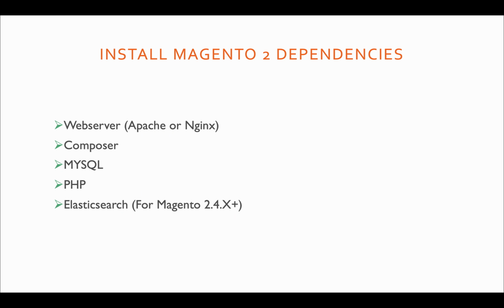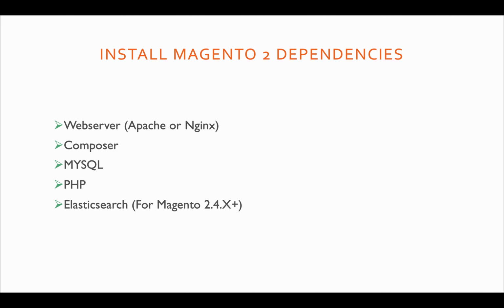Welcome to this tutorial. In this tutorial, I will show you how you can install the latest Magento 2 in Ubuntu operating system. Before we install Magento 2, we have to install the dependencies of Magento 2. I have listed down the major dependencies here: we have to install Apache Server, we have to install Composer, we have to install MySQL, which we are going to use as a database, we have to install PHP, and